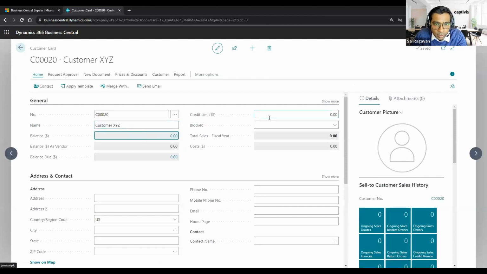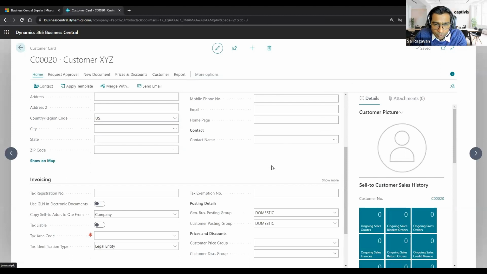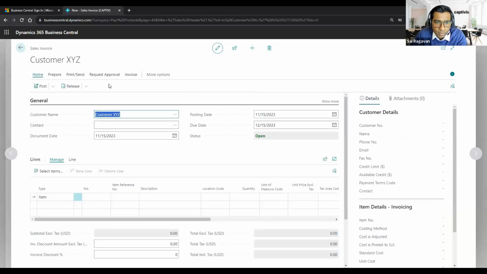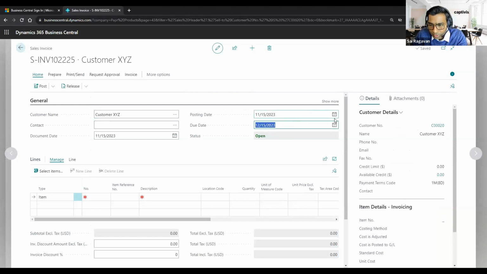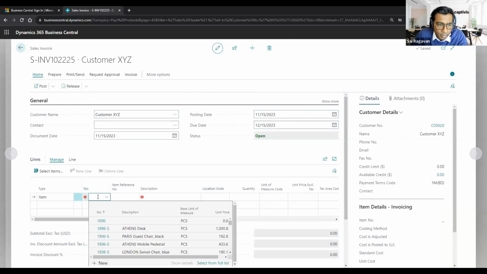No other information that I'm going to give in this account for now, except the posting groups. Then I'm going to create a sales invoice right away for this customer. It's a brand new customer, no data at all so far. I'm going to set the due date to 12/15, which is another 2 days, and then pick the same item,